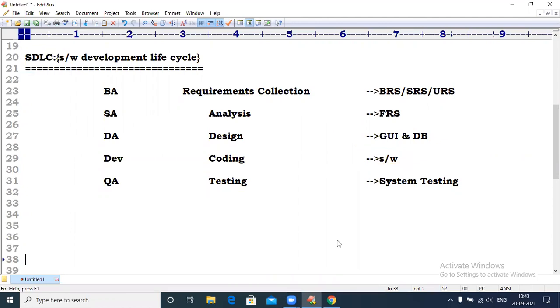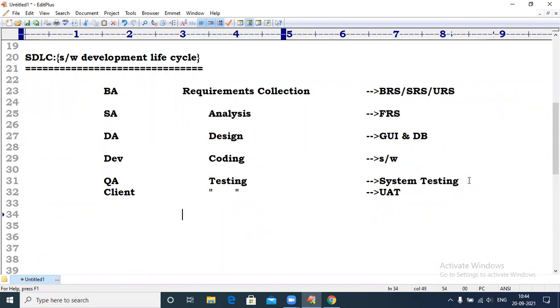So that is how testing came into the picture. In olden days, the developer alone was responsible for testing the application. That is a big problem. There is no guarantee for quality. That's why nowadays every company uses a separate testing team, QA people, quality analysts. Once we complete testing, we give it to the client. The client will also do the same thing. That is called UAT, user acceptance testing.